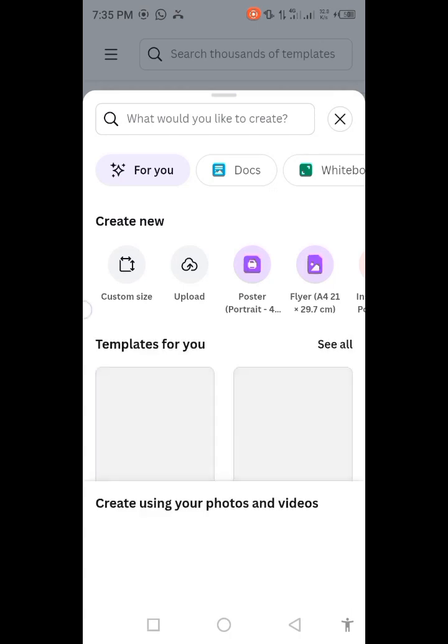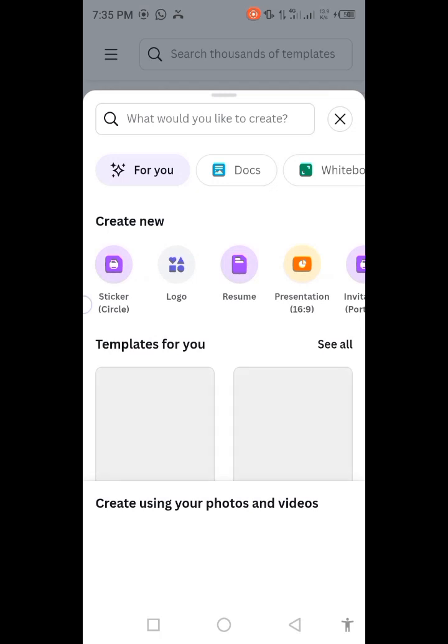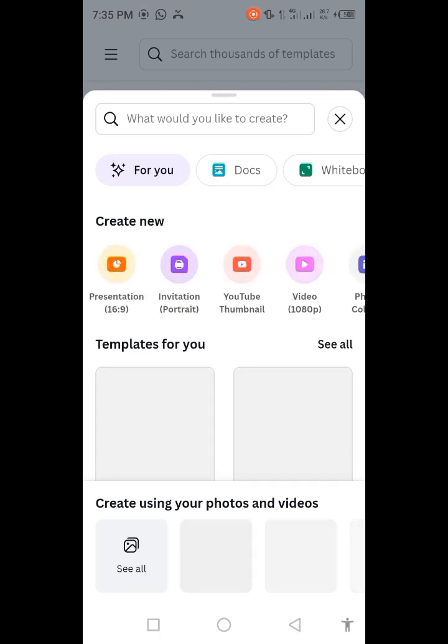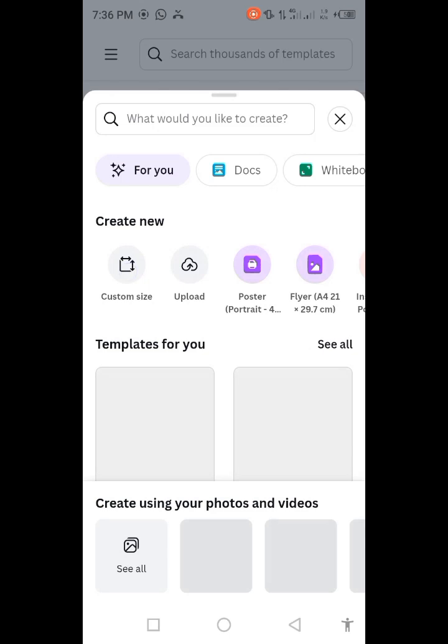I can come to customize or upload. Maybe I have a previous work on my phone. I can upload. I can come to this place and choose. Maybe it's for Instagram. See logo. See resume. We have presentation. Maybe I have pre-class. YouTube thumbnails. These are for YouTube. You know, YouTube has a size you can upload. It's not just anyhow you upload on it. We'll come to that. I just pray I remember, so that I'll teach you all this, so we don't skip it. Alright, so